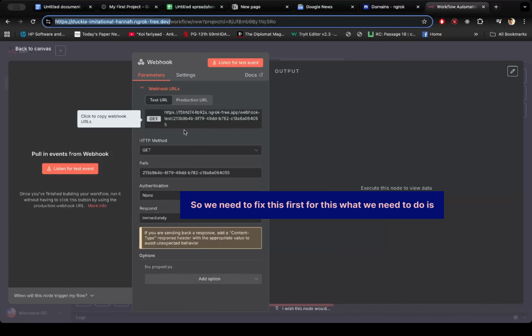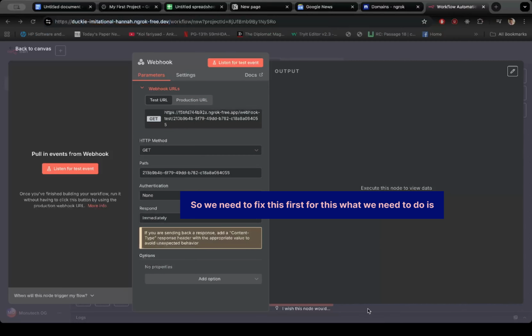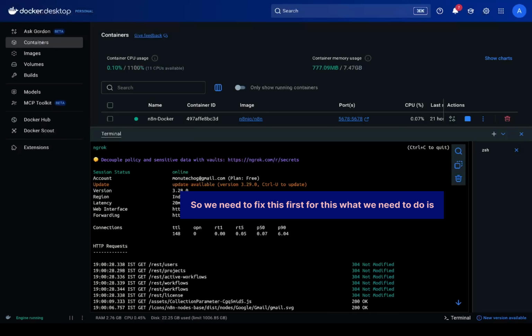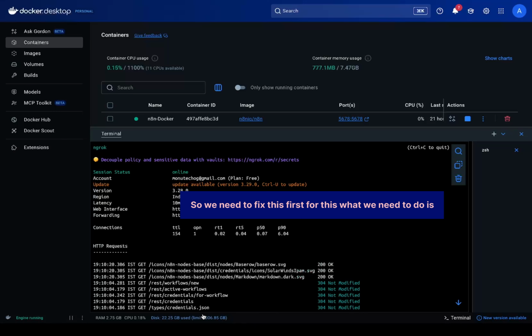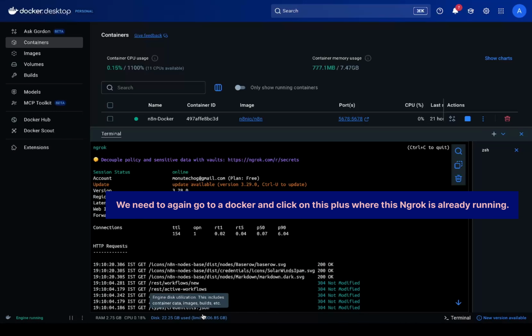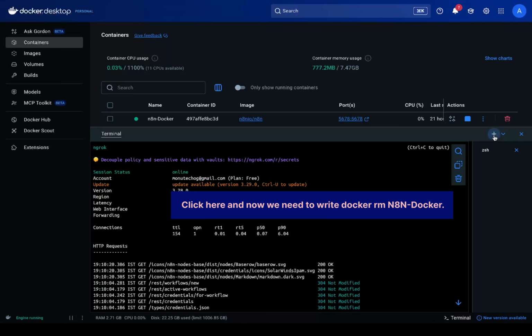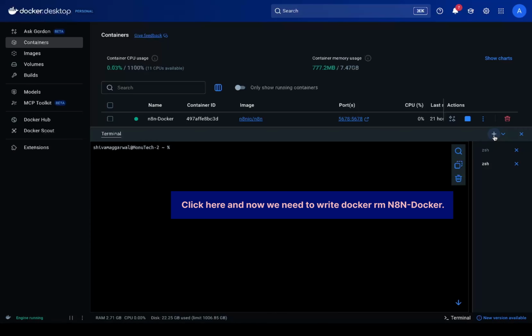So we need to fix this first. For this, what we need to do is go to our Docker again and click on this plus, where ngrok is already running. So now we have to click on plus so that one more terminal window opens. Click here and now you need to write docker